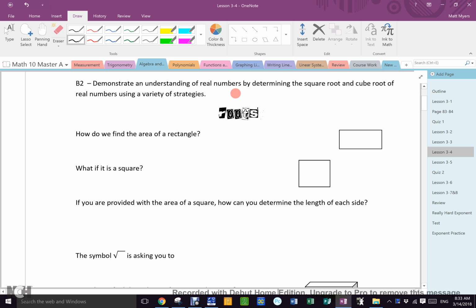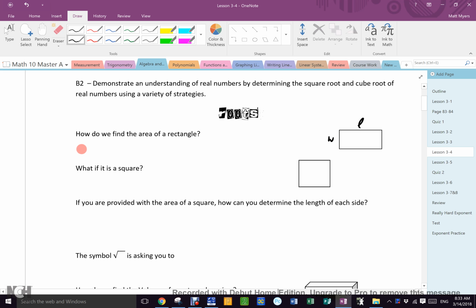All right. How do we find the area of a rectangle? There's a rectangle. How would you find its area? Excellent. And we usually make width the shorter side. So we would go length times width, right? Where do we find the length and width? Those are the sides